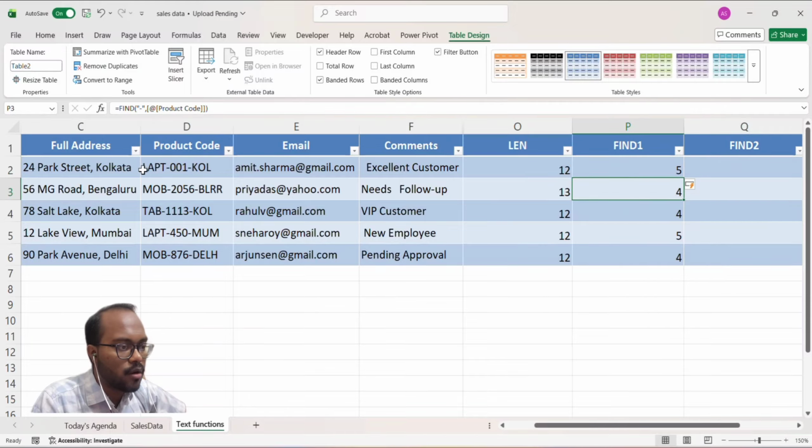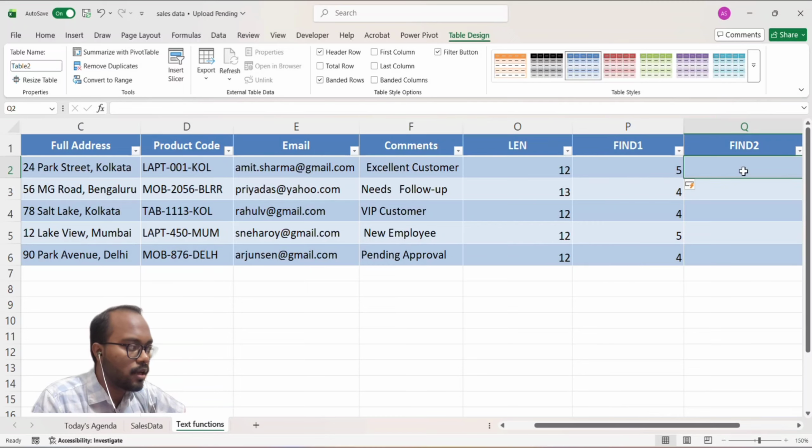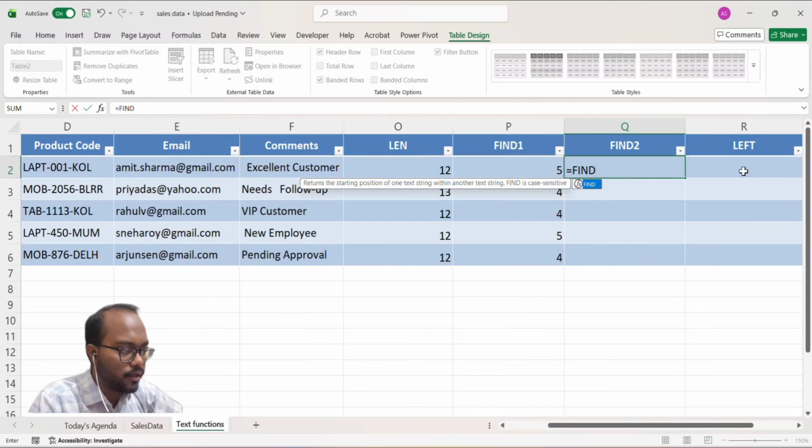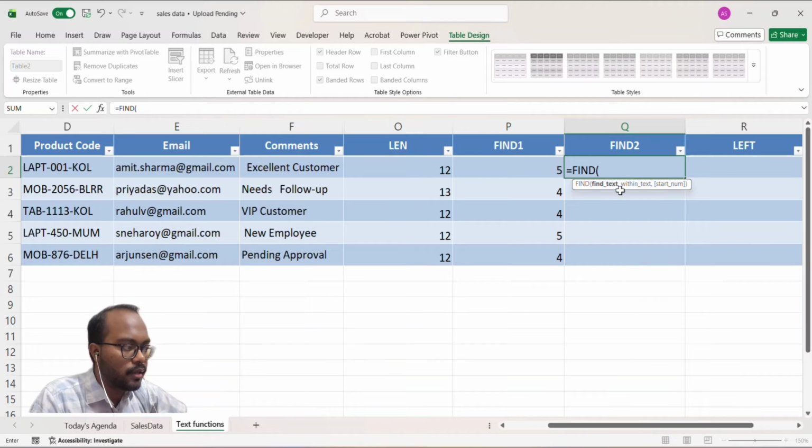See, if you count from L up to this hyphen, the first hyphen comes in the 5th position. Now I will again use this find function to find the location of the second hyphen. How will I use it? Let's see. I will put equal to, then find, open the bracket, and again find this hyphen only,